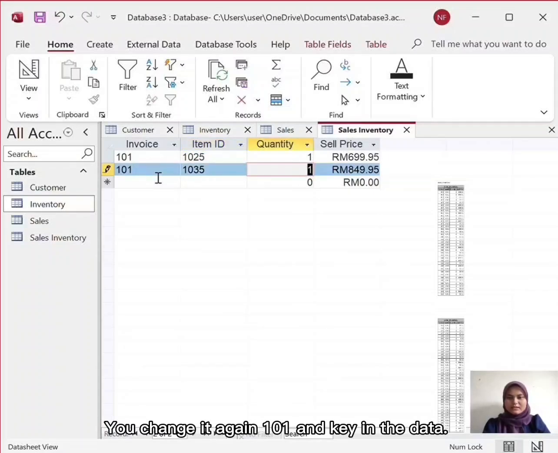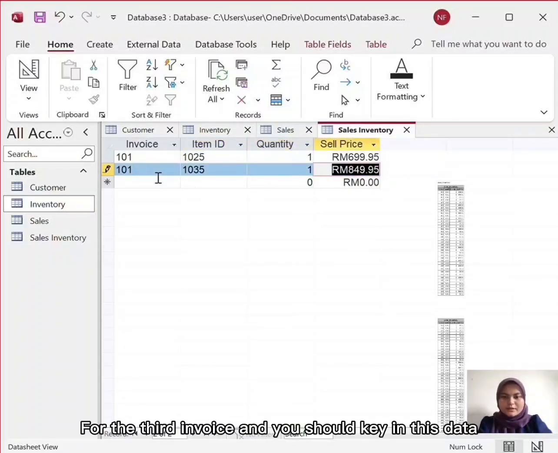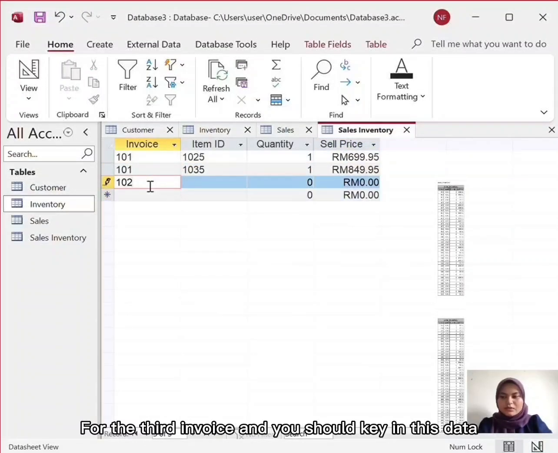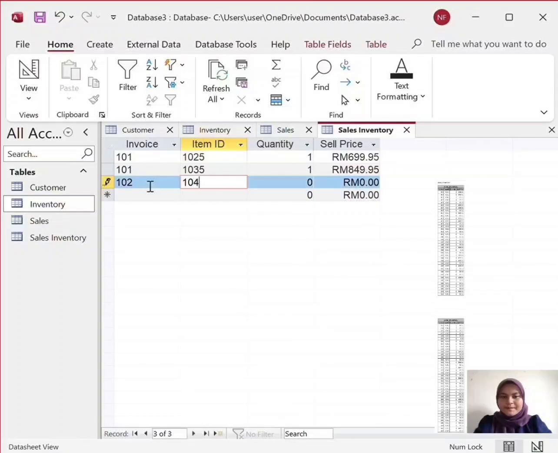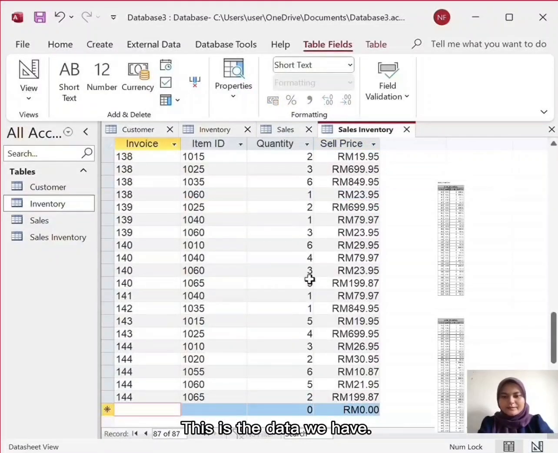Okay, key in the data. So for the third invoice, you should key in this data as usual. Just key in all the data, and then this is the data we have, invoice numbers until 144.